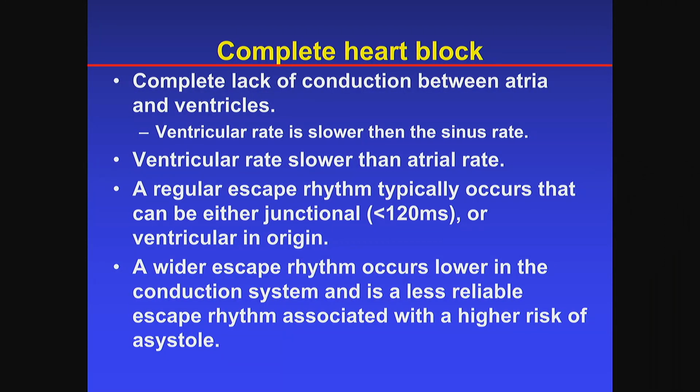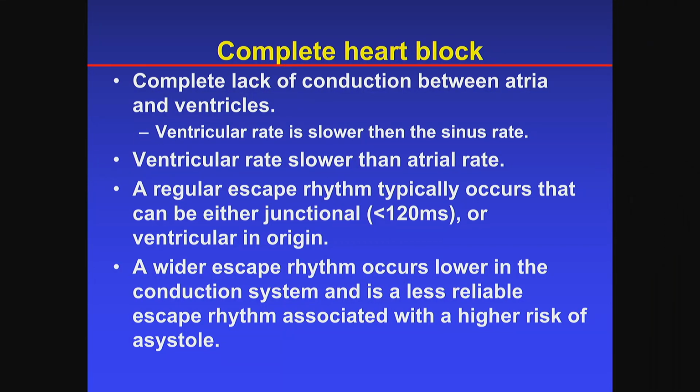Complete heart block involves complete lack of conduction between atria and ventricles. It is important to note that in order to diagnose complete heart block, the ventricular rate needs to be slower than the sinus rate. If the ventricular rate is faster than the sinus rate and there is AV dissociation, this could simply represent accelerated ventricular rhythm or accelerated junctional rhythm, and conduction between the atrium and ventricle could be normal